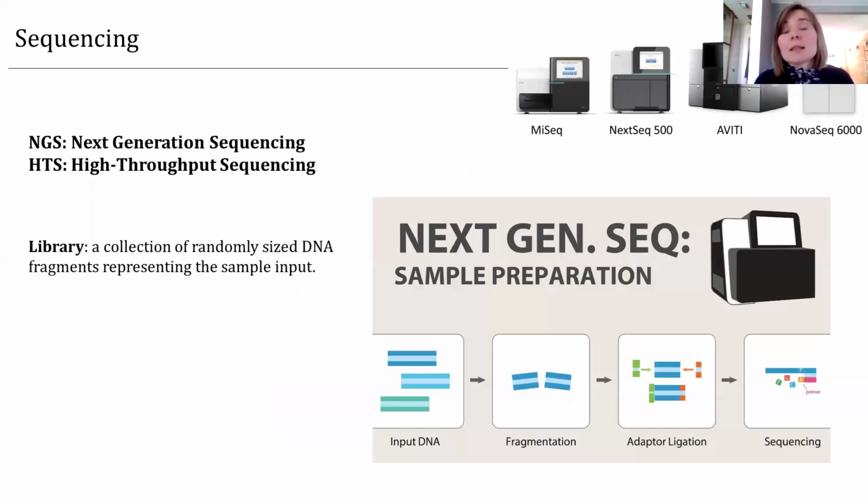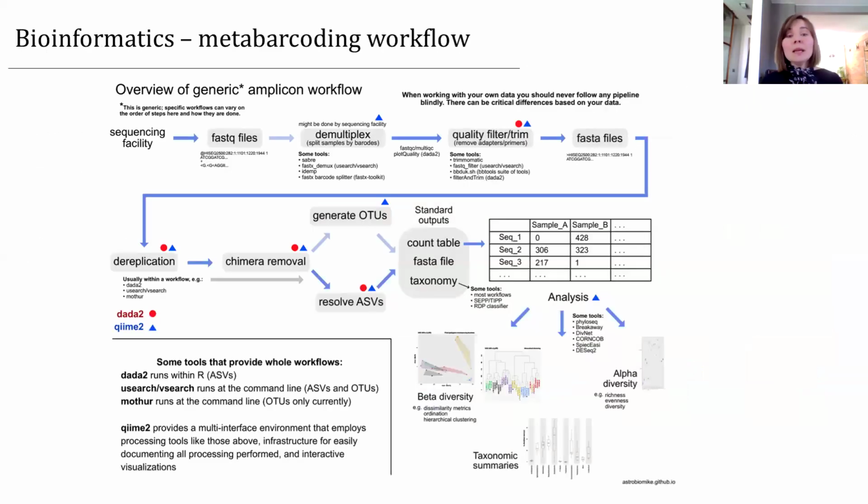Another step of the laboratory part of the approach is the sequencing. Maybe I will not go into technical details too much here. The approach we use is called next generation sequencing. Usually in the literature now, it's called high throughput sequencing, but it refers to the same method and the same approach. Based on this sequencing, you can obtain tens of millions of sequences, so-called sequence reads, from a single library of sequences.